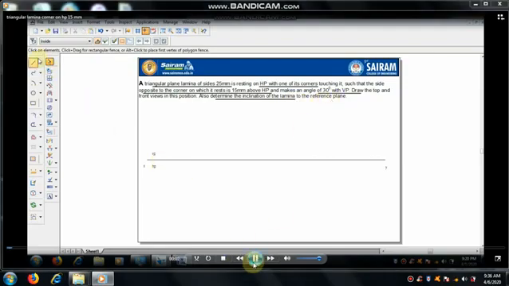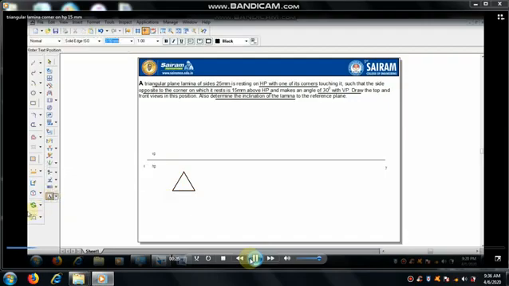Well, starting we have to draw the XY line with 0.13 mm thickness and mark X, Y, VP, HP. Then we will draw the triangular plane lamina of 25 mm side. So 25 at 0°, 25 at 120°, 25 at 240°. That's it. Then we have to keep the triangle on HP with one of its corners.